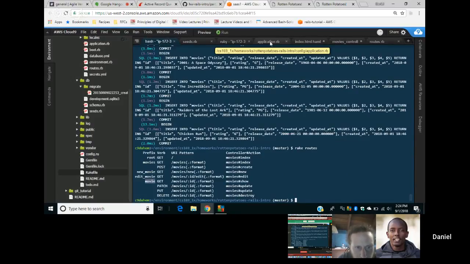Like so on the movie_path, you can see that it is looking for an ID, right? Yeah, and it passes movie. Yeah, exactly. But this is movies_path. So the parameter would be, it would not take a parameter? Yeah, exactly. Correct. Okay. Because if you go back to the controllers, like you're about to do,